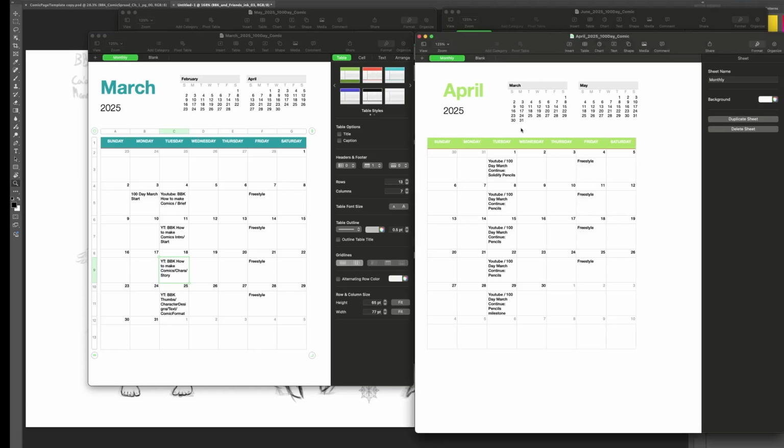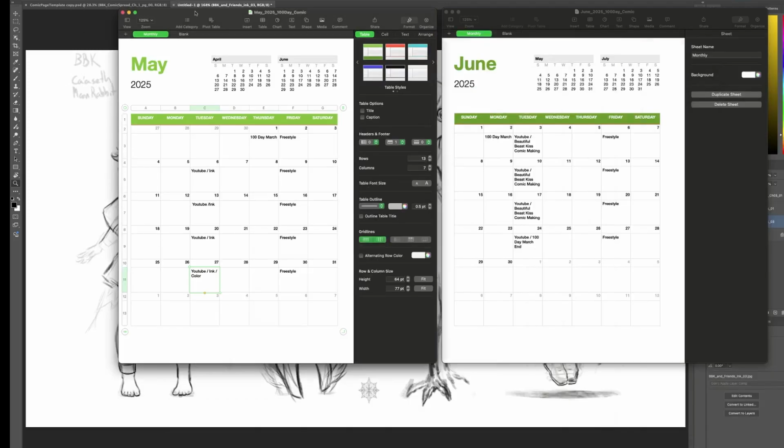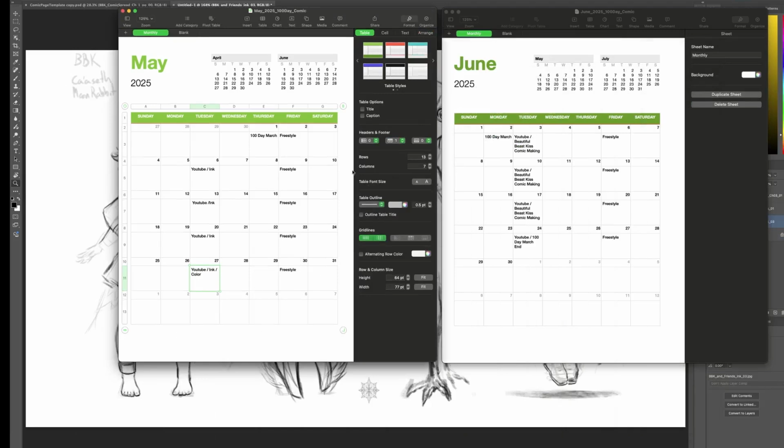April is going to be mainly a penciling month to solidify the story, characters, camera shots, all of that. And in this 5-week span, we're going to get that put together. May is going to be mostly an inking month, and maybe inking and color. Colors, again, won't be complex, but I want to get some colors in here. And June is putting it all together, and the end. And that is the plan, man.